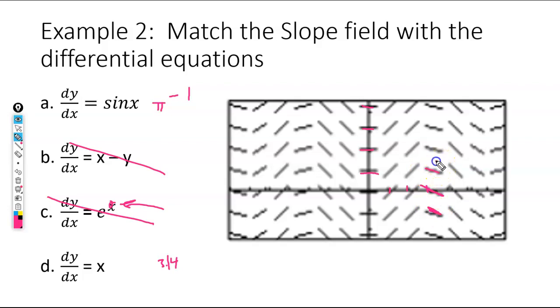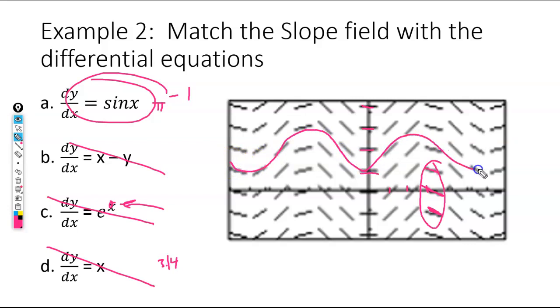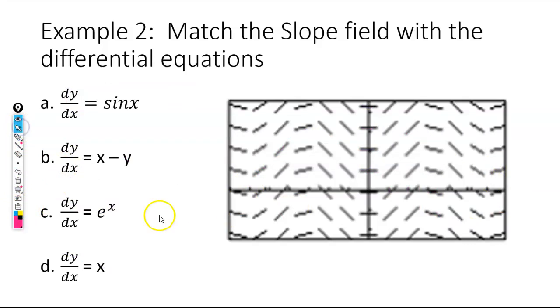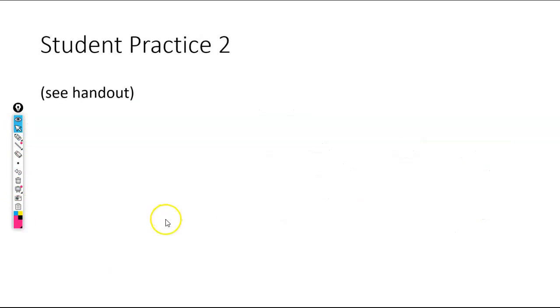Now, does that look like a positive slope or a negative slope to you? It's a negative slope, so it's not this one. It's this one. Now here's another thing we'll talk a little bit more about next time. You can also tell by the way that these slopes are going. It makes a wave, doesn't it? And that's a sine wave. Okay, and we'll talk a little bit more about that next time, but for now, the strategy we're using is